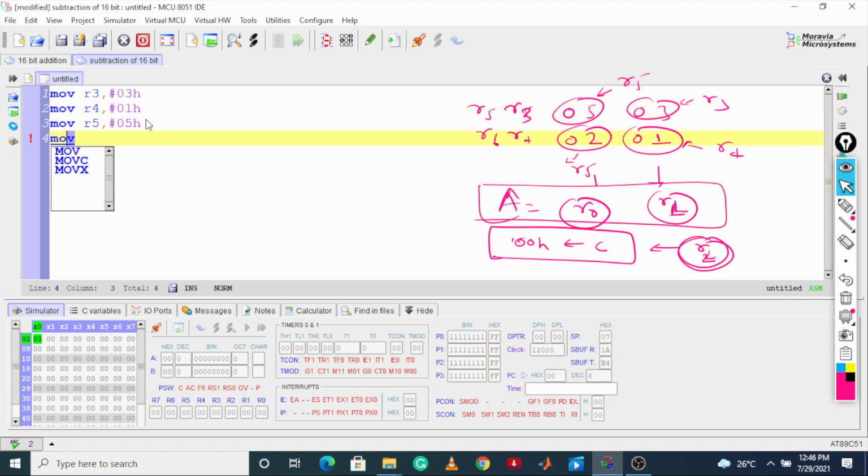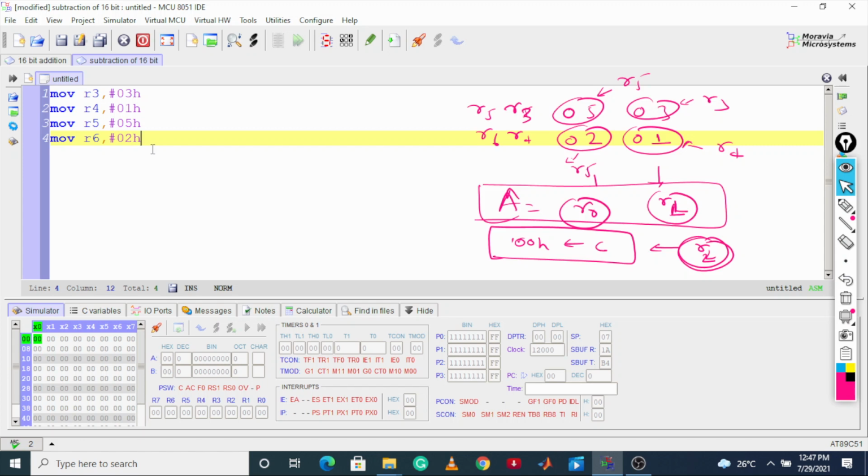And move R6 with 02H, put H and put hash here. This is the number we have taken, R5 and R3, and in R6 and R4 we have taken the second number.